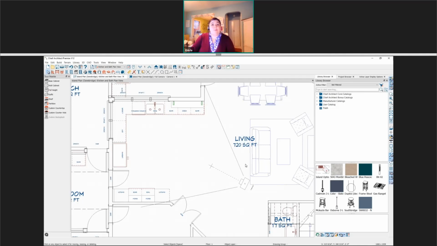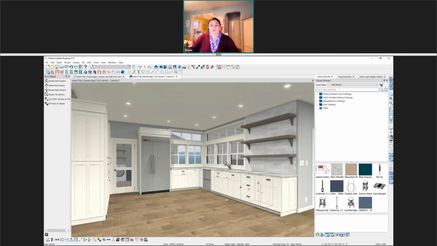I'm going to begin by opening up a 3D view, and I actually have a camera saved here, so I'm just going to double click to open that up. And you can see this camera view. I like to have 2D and 3D side by side. That's just my preference. I think it makes it easier. When I do something in 2D, I can see the update in 3D and make sure that everything is aligned and looking the way I want it to.